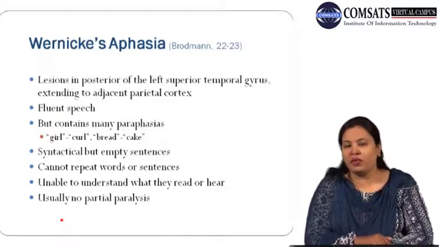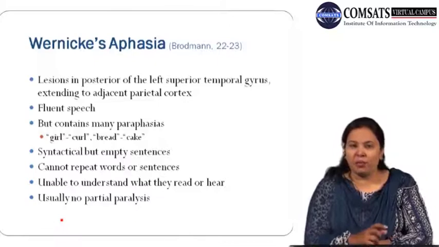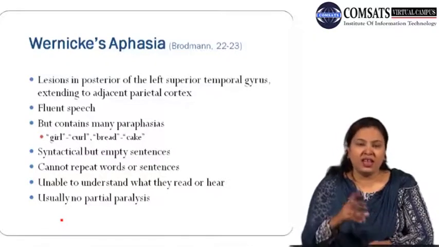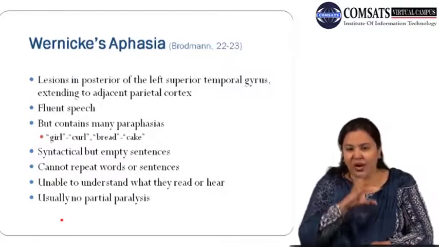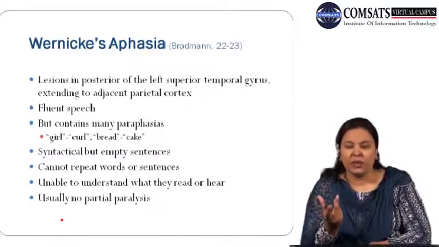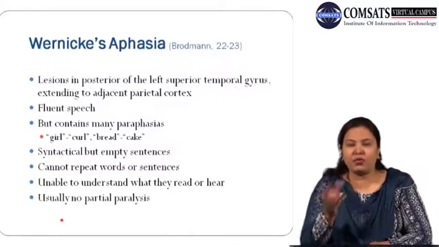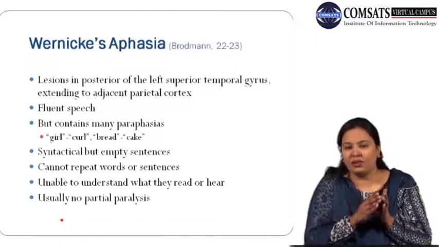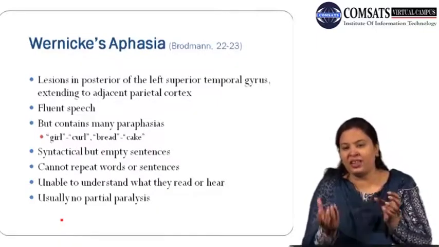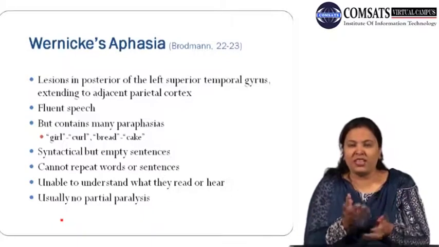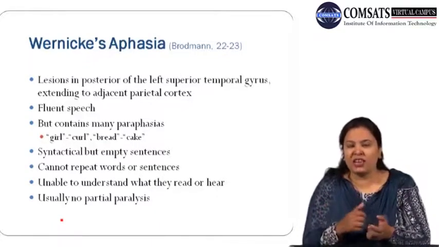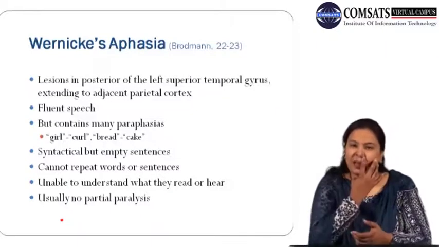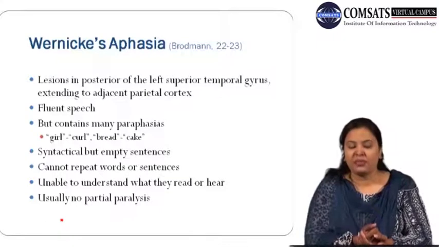The problem is not with the fluency, but the problem with Wernicke aphasia is that they contain many paraphrases. Instead of saying one word, they would provide another replacement for the word, and won't be able to say it clearly. If they want to say something, they would change that word with another word that seems closer to it. For example, instead of bread, they would say butter, or instead of bread, they can say cake. So they change their vocab. They have problems with their vocabulary.